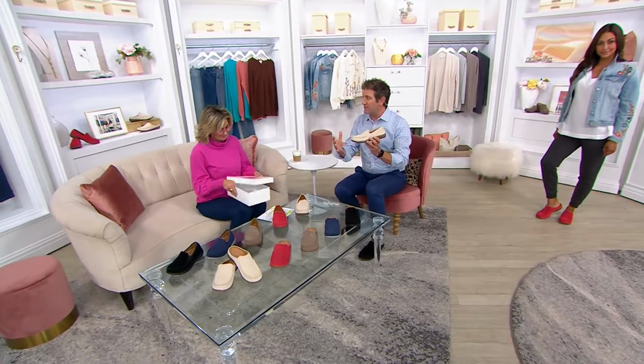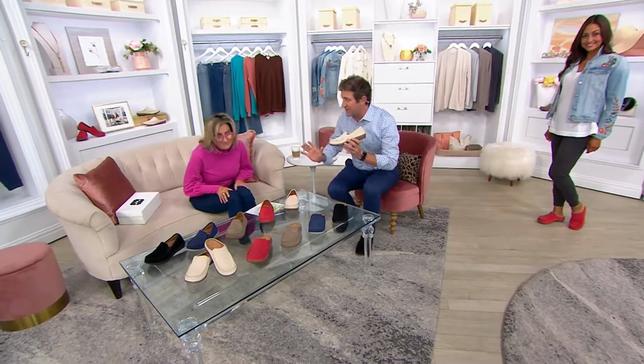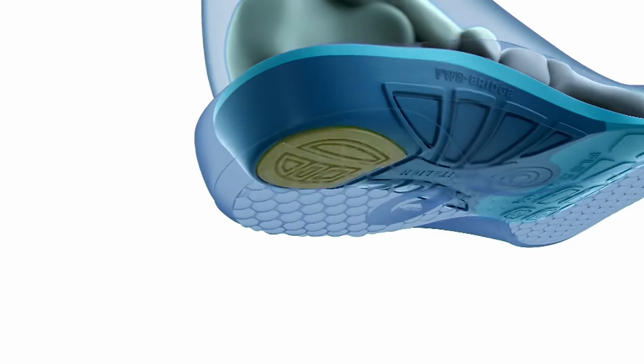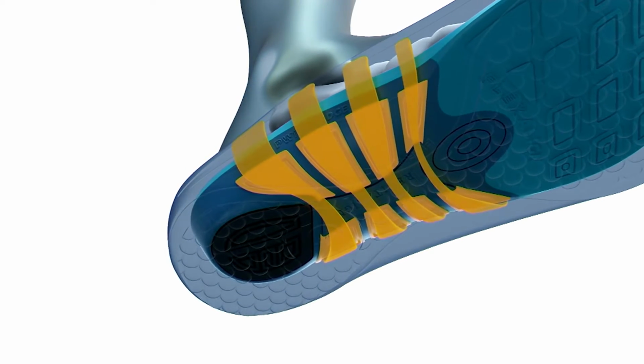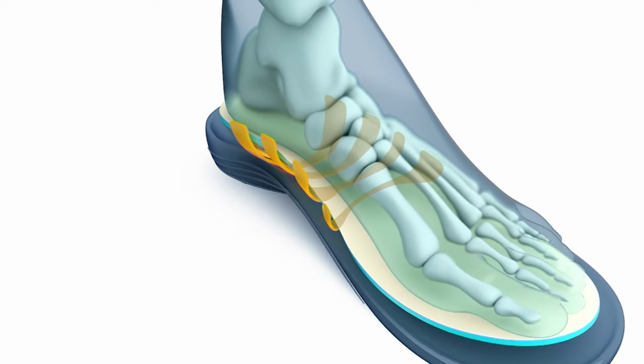So what is so important is the name has changed, but it is still that full contact comfort footbed that has been developed for the past 50 years in Waco, Texas. Over 100 million pairs sold. And the second your heel hits the ground, Sean, we go to work. It's met by a deep heel cup that cradles and aligns the heel. Then as the foot comes completely onto the ground, it's met by a medial and lateral orthotic grade cradling arch